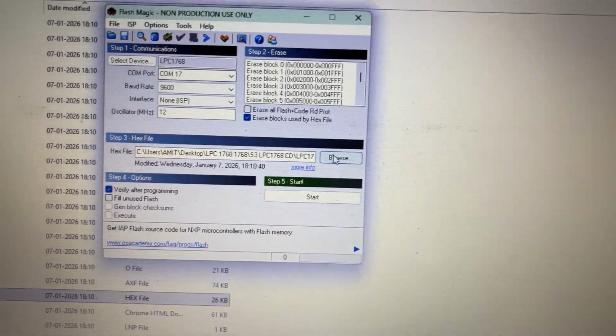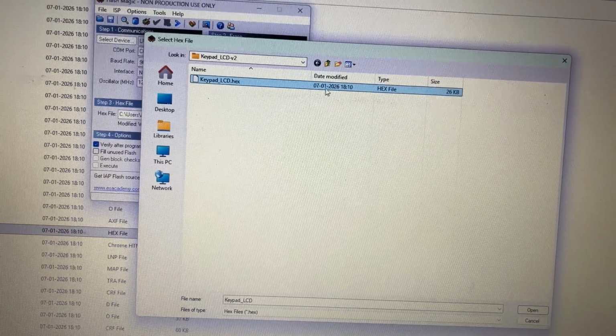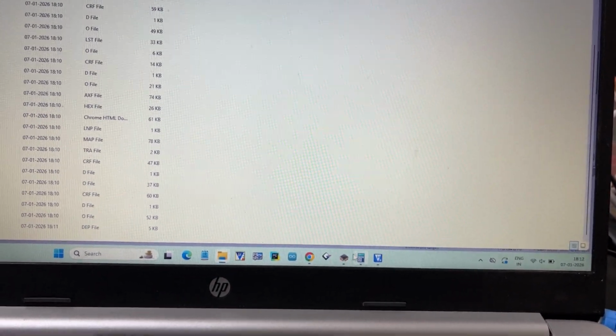In Flash Magic we'll go to browse. We will select this file which we have created right now, 7 January. You can see the date, 7 January 1612 and 7 January 1610. We'll select open. Once this file is open,